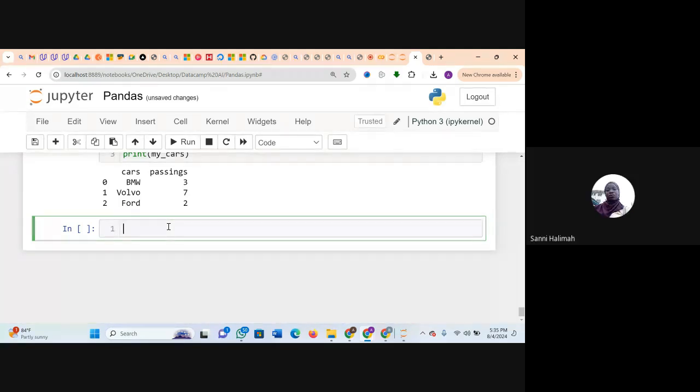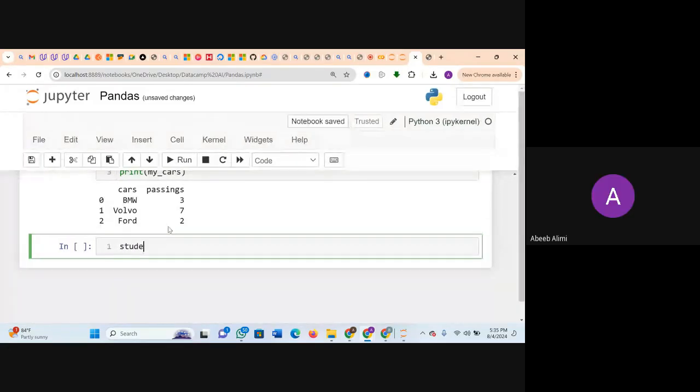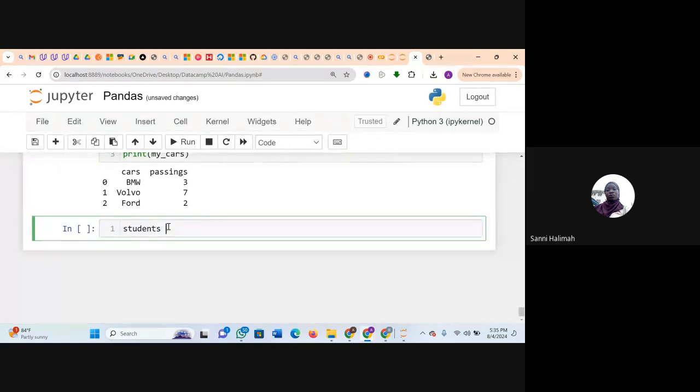Okay. Students. Equal to sign. Equals to braces.